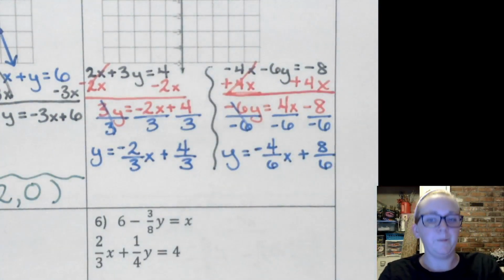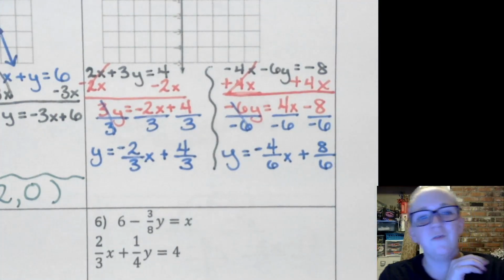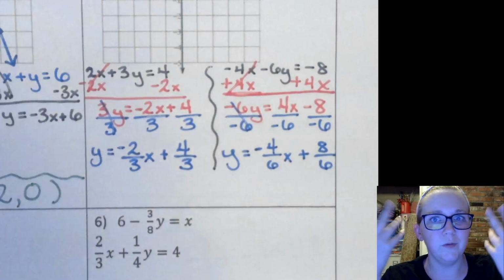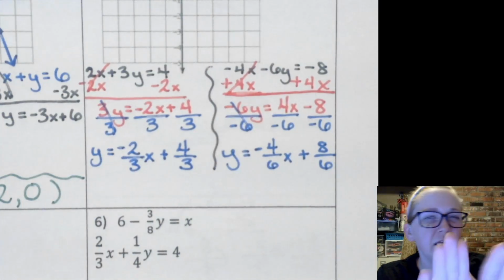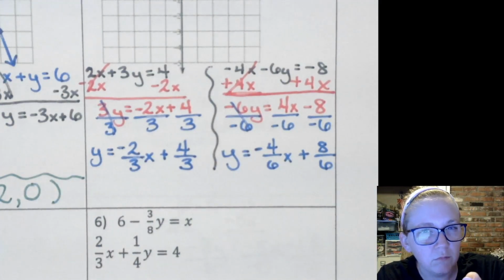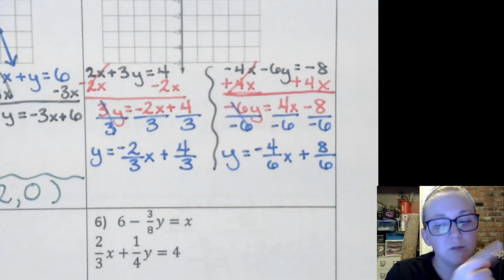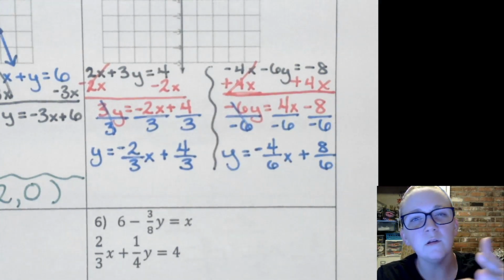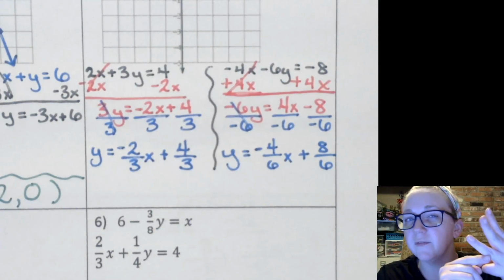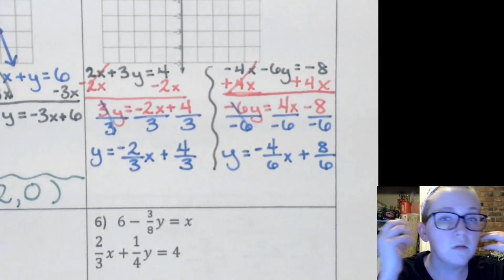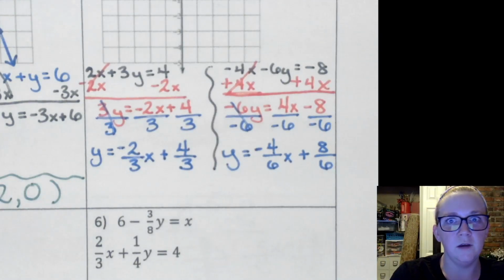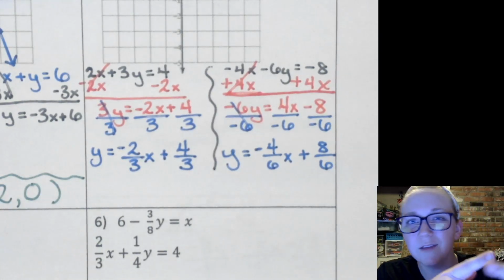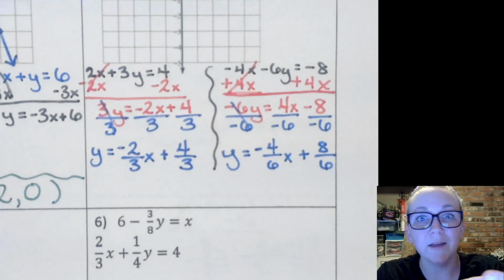Okay, now I've got a question for you. 4/6 and 8/6, those are like numbers in a fraction. Can we make those fractions? Hopefully you said yes. Okay. Hopefully you realize that what are the numbers 4, 6, and 8? What do they all have in common? They're all even numbers. Good job. Okay, they're all even, which means that they're all divisible by 2, which means I could